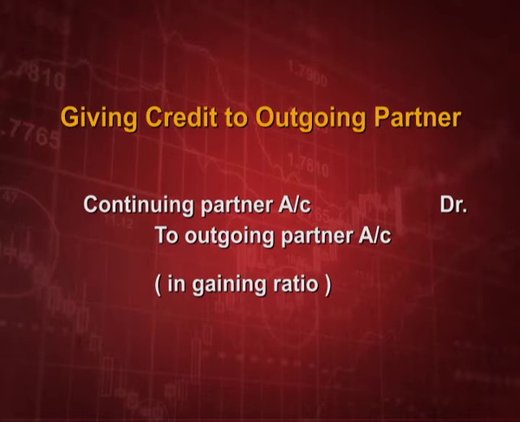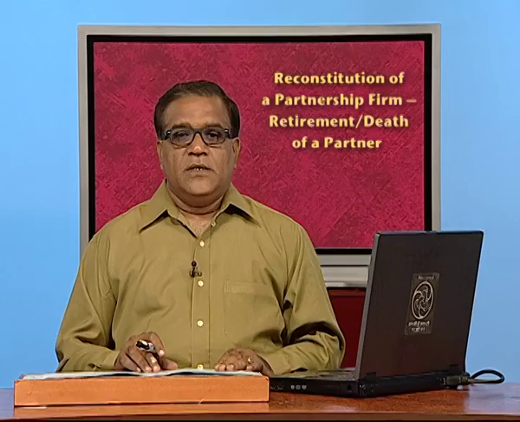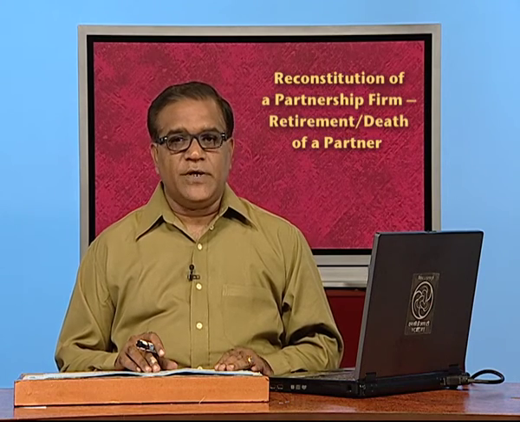Now, this is a normal journal entry which we are doing, but sometimes it can happen that continuing partners are also sacrificing. One of the continuing partners is gaining and the other is sacrificing. Then what will happen? Then the continuing partner who is gaining will be debited and the other continuing partner who is sacrificing will be credited along with that outgoing partner. Let us understand this very good concept